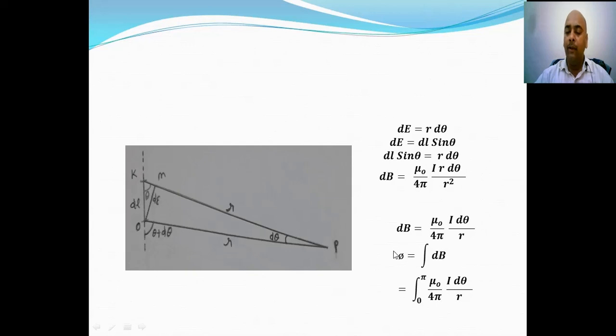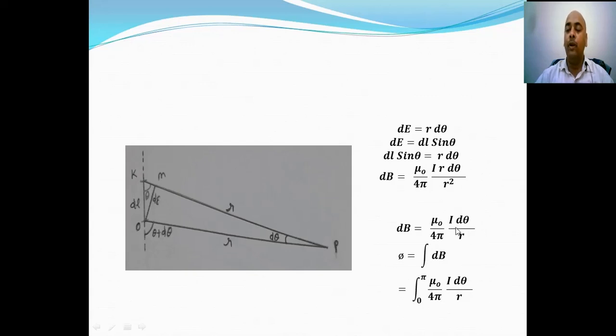The magnetic field due to the entire line can be obtained by integrating the magnetic field due to the small differential element dl. So the total magnetic field is obtained by integrating this equation,